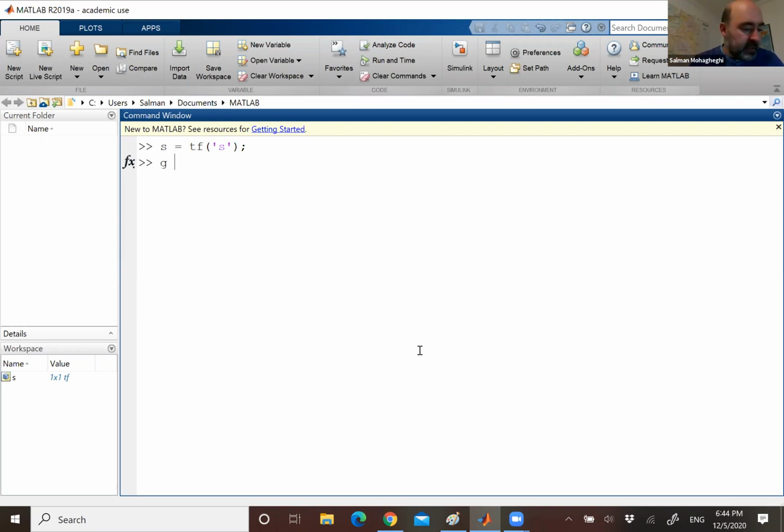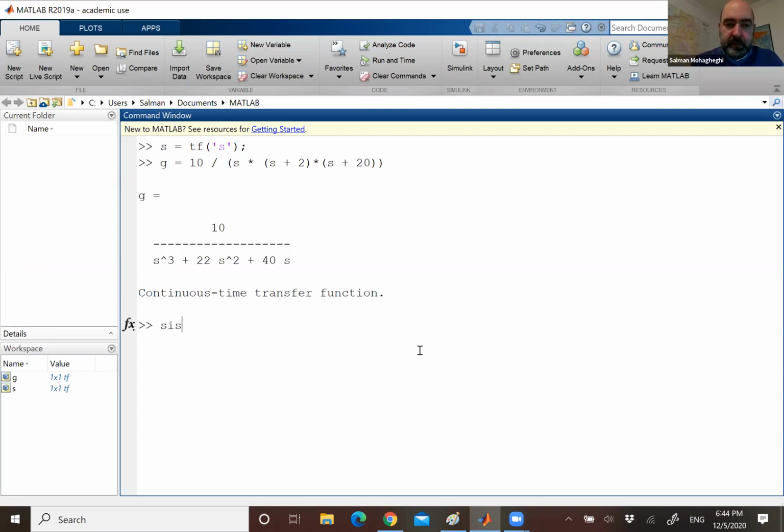And then my G, I write it as 10 divided by s times (s+2) times (s+20), my third order system. So now what I need to do, as before, is type sisotool,